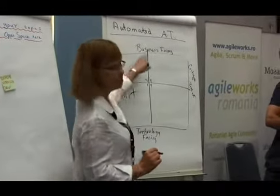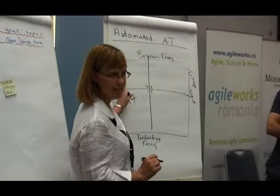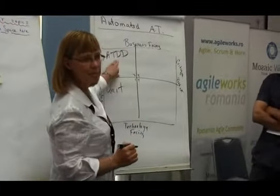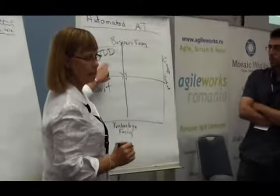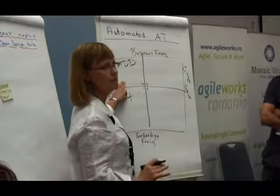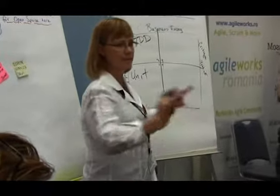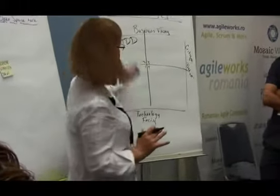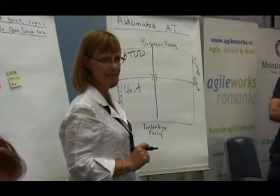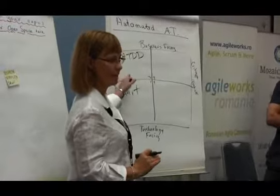So if we're supporting the team with business-facing tests, we write our acceptance tests first. If I write all of my automated functional tests and I give them to the developers first, they're supporting the team, they're helping to do the right thing. These are examples. If I get an example from my customer in my iteration planning, it falls in this category. If I do a mock-up of a UI before I ever start coding, it falls in this category. Anything to help